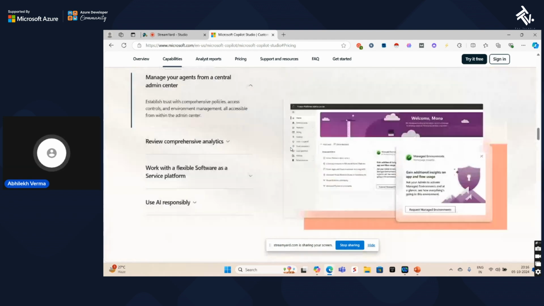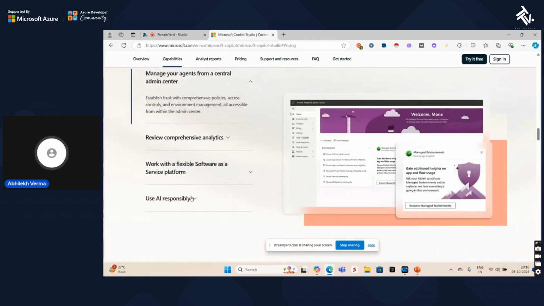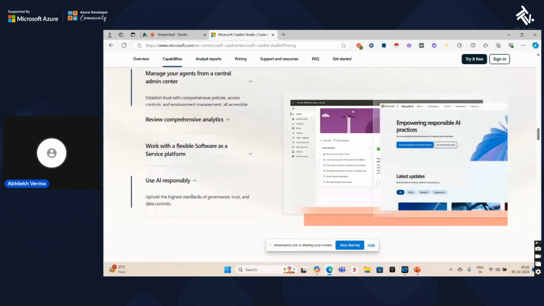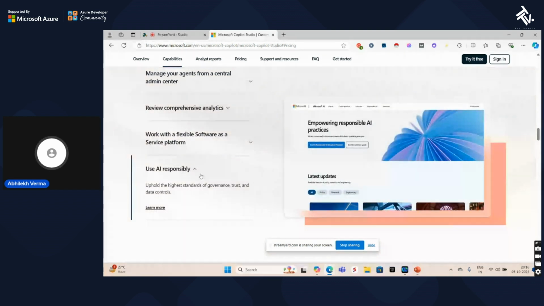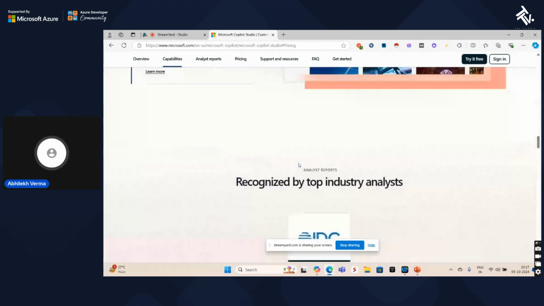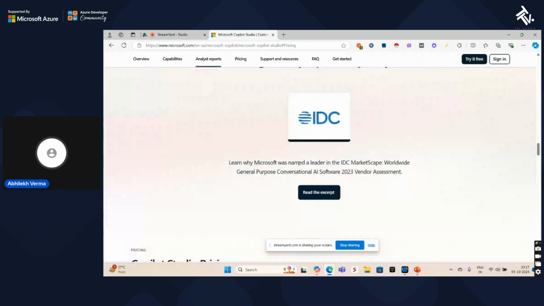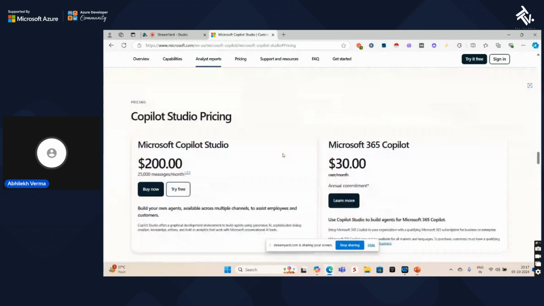And obviously, they always say you shouldn't give your main information, like personal things and things like that. So this is very AI responsible. You should also have some practices of understanding what things you should put into the prompt and so on. So there's a playbook that can really help you become more responsible with AI. It has also been recognized as a leader in the 2023 software vendor assessment by IDC MarketScape. You can read a lot about that, but this is just a generic